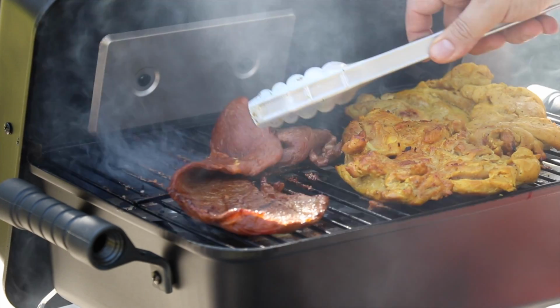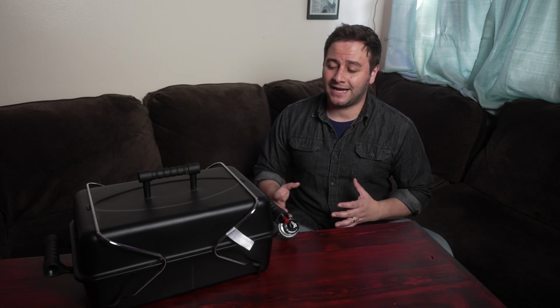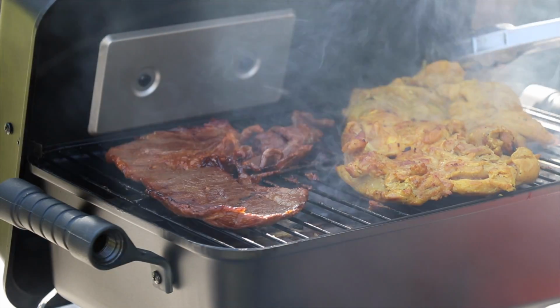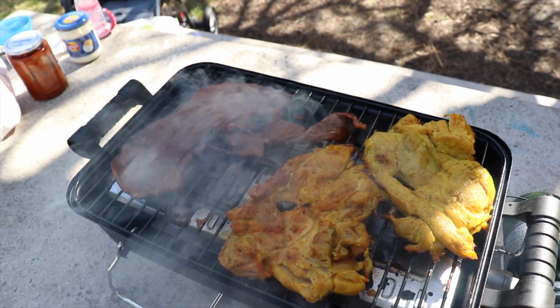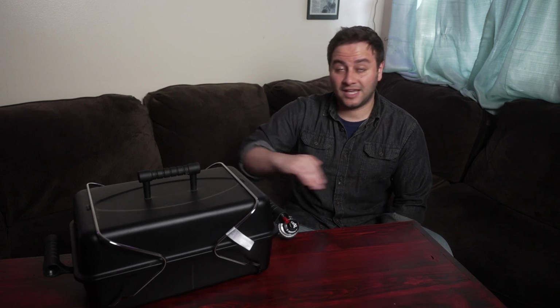It would just blow out on me, where the flame would literally just blow off. And I don't know why. That day at the park, it really wasn't too windy. I think we were getting between 5 and 7 miles per hour. I kept rotating the grill, trying to find a sweet spot where it wouldn't shut off. It seemed to do a lot better and a little bit more consistent with the lid off. So I think it's an airflow or oxygen issue,